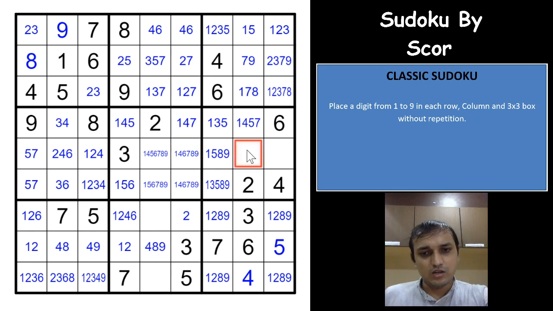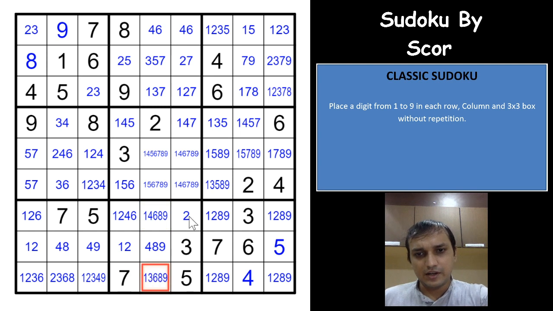So you'll have here 1, 5, 7, 8 and 9. So 1, 3, 7, 8 and 9, right? 3 also cannot be here. So 1, 7, 8 and 9, and you have only 3 cells left here. So it cannot be 3, 5, 7, 2. It will be 1, 4, 6, 8 and 9. So 1, 3, 6, 8 and 9. And here you can have 1, 2, 4, 6, 8 and 9. So we have marked all the possible candidates in the cells here.